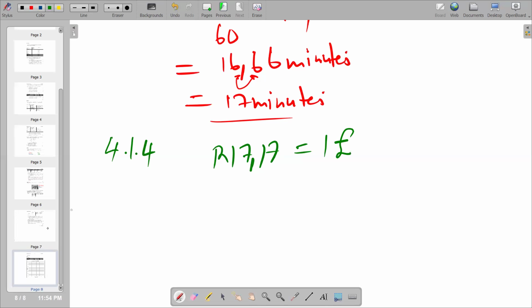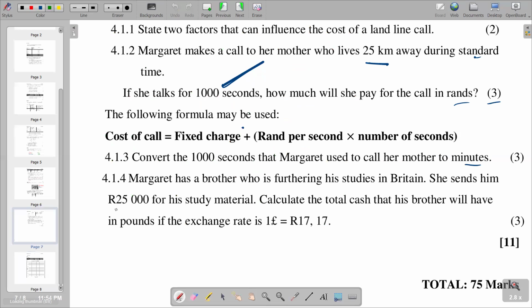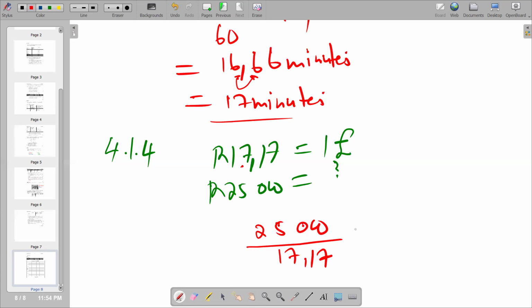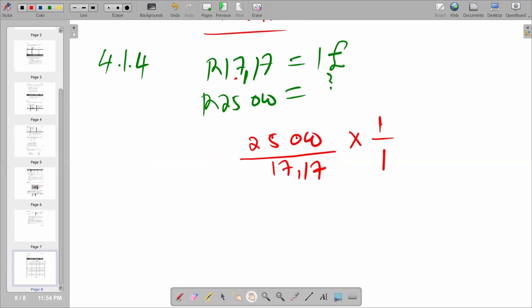And the one that we are looking for, which one to exchange, is 25,000 rands. So we say 25,000 rand is the question mark. So simple proportion again, whereby we say what we don't have is 25,000, so it becomes the numerator. What we have is 17.17. Then we multiply by 1, which is 1 pound, 1/1. We are converting to pounds. So if you divide there, obviously you're going to say